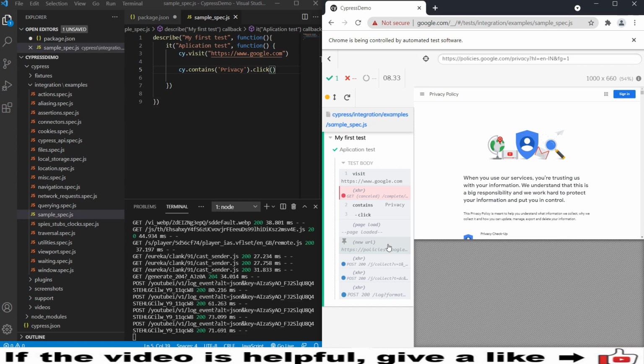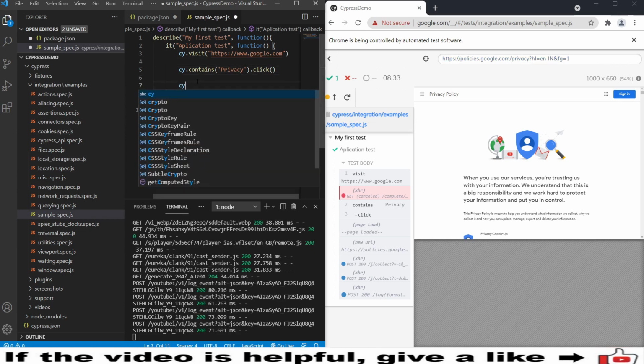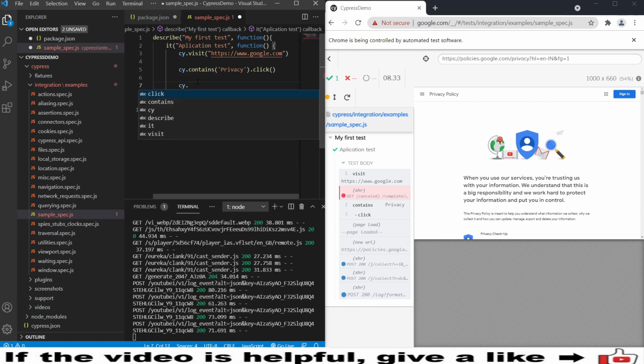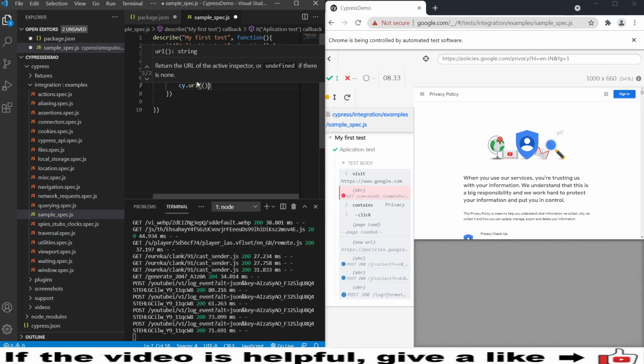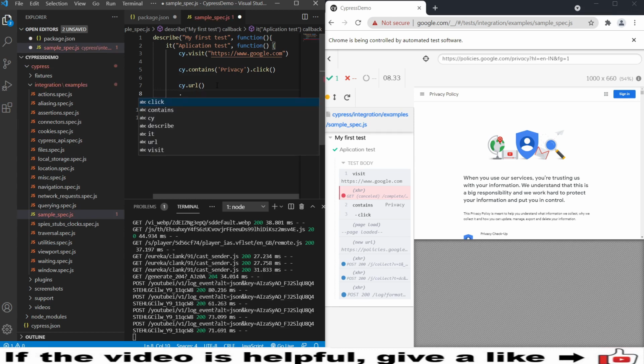And you can add more conditions to it, like I wanted to verify whether my URL contains this or not. So here we have this privacy, and this language is English or not, right? I wanted to see whether this URL contains these or not. So I can use cy again, cy.url method. And you can use the same command to write the assertion as well. So cy.url().should.